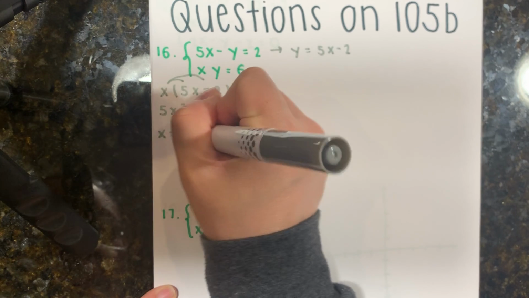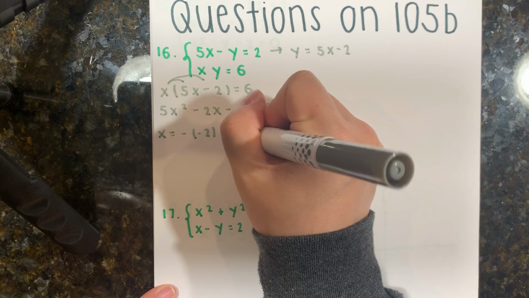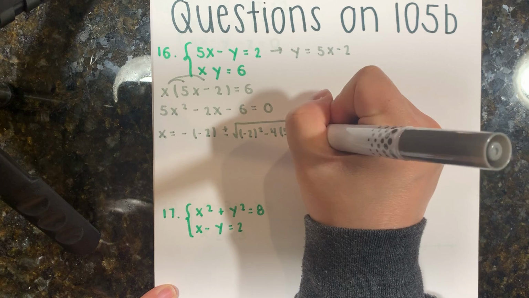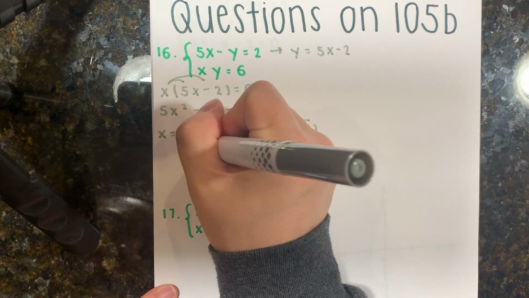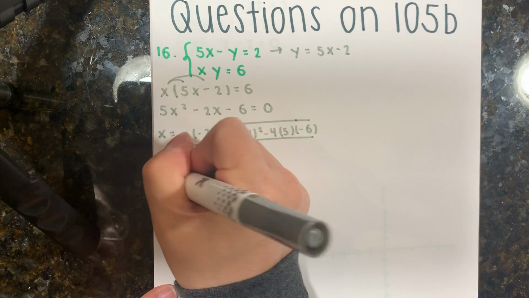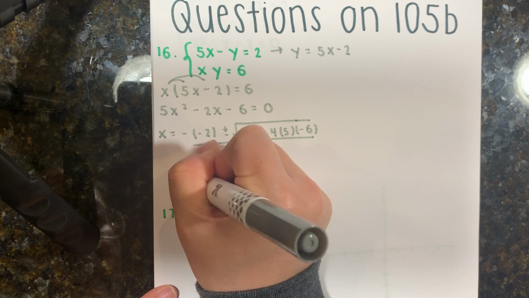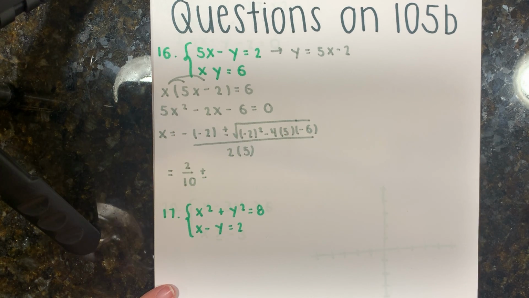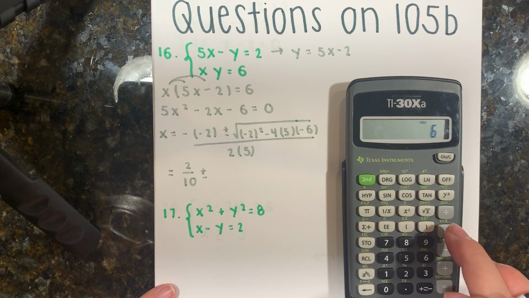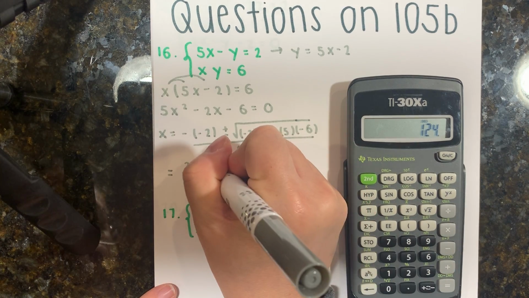So x is equal to negative b plus or minus the square root of b squared minus 4 times a times c, all over 2 times a. So two negatives are going to make a positive, so that would be 2 over 10 plus or minus the square root of 2 squared, which is 4, but 4 times 6 times 5 is 120, so plus 4 would be the square root of 124